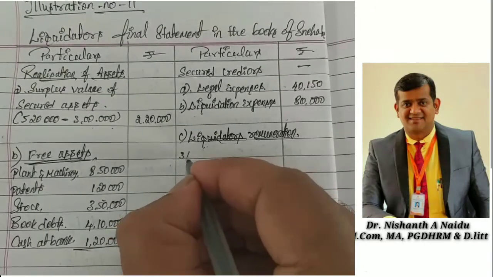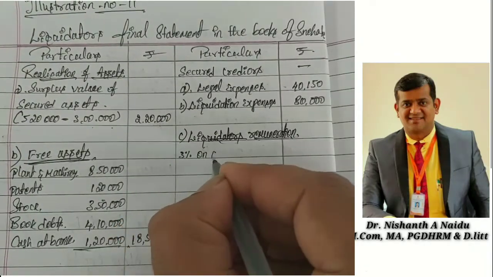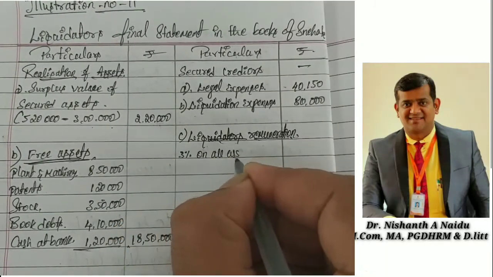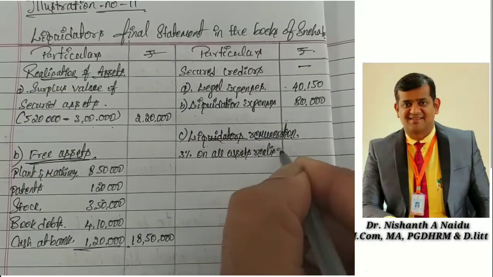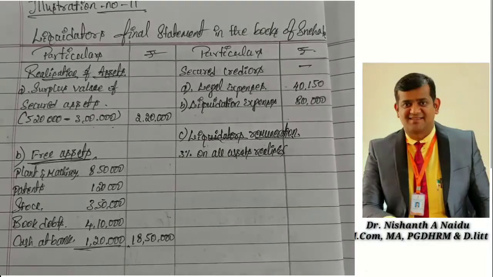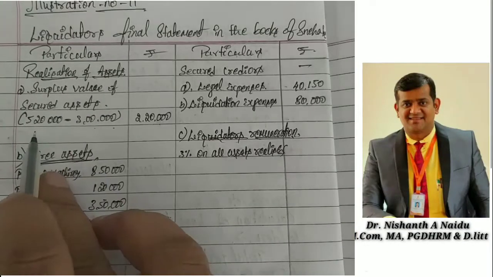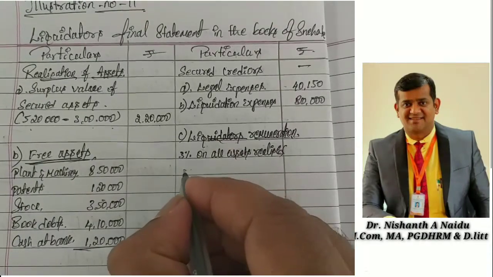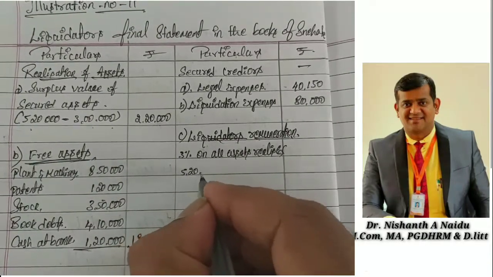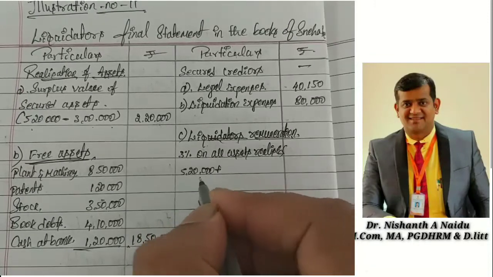So I am writing that 3% on all assets realized. So how much assets realized now? That is land and building 5,20,000. First I am writing that, 5,20,000 plus